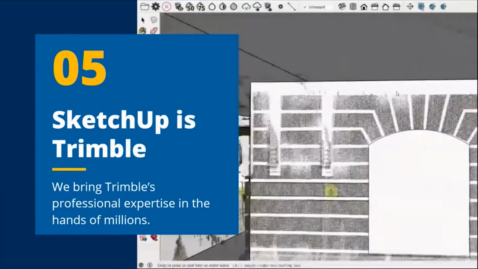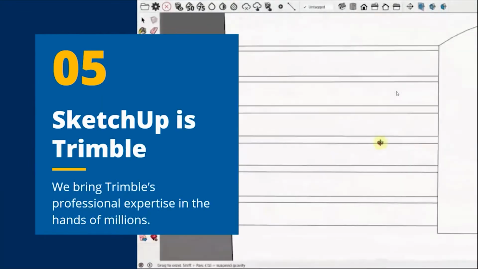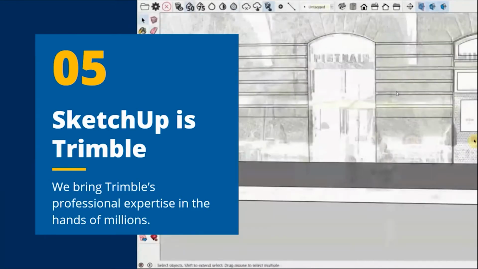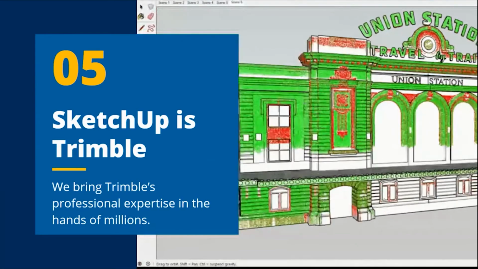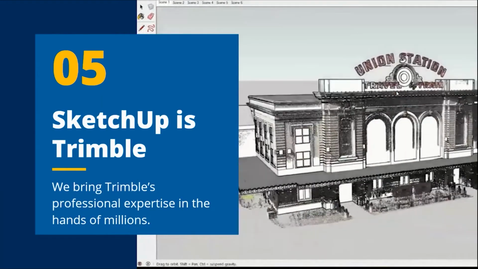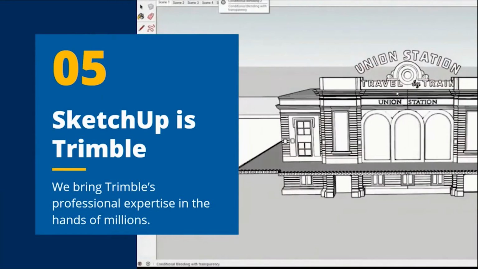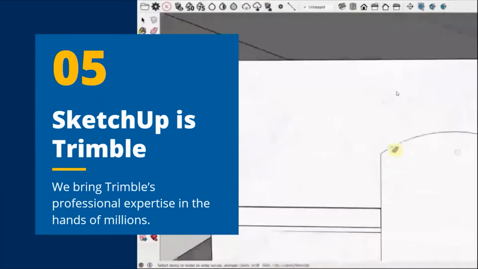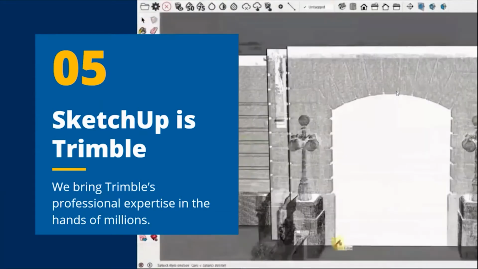And number 5 is that SketchUp is Trimble. Many of you have known us with different vendors, but for the last 10 years, SketchUp has been part of Trimble. We want to bring this expertise that Trimble has in the AEC industry in the hands of millions of designers and engineers.